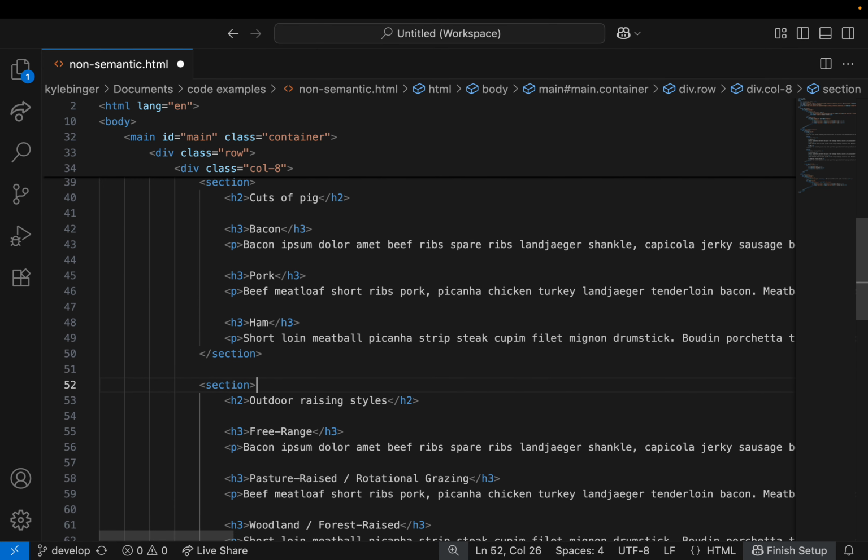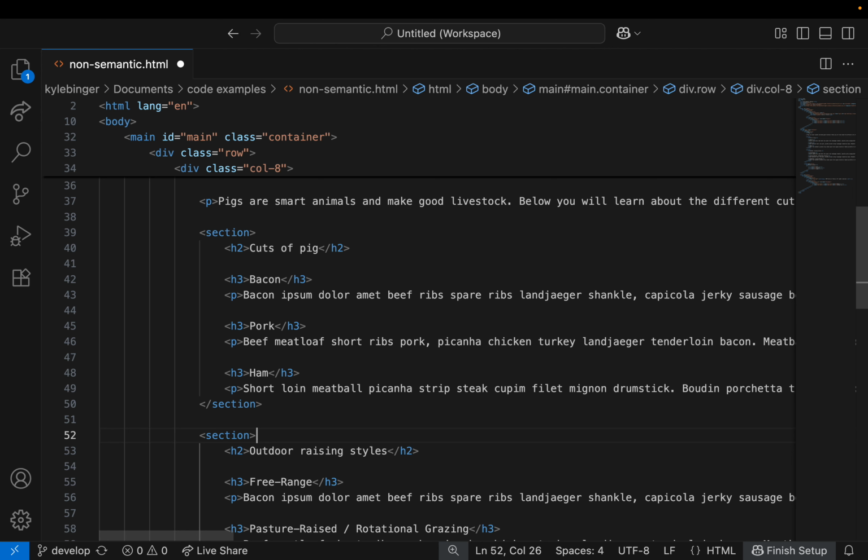Okay, so these section tags are now highlighting these thematically distinct but related sections of our content. If you were writing a research paper or research article and throwing it on the web, you could also break your introduction, your hypothesis, your findings, your conclusions, etc., all within their own section tags.